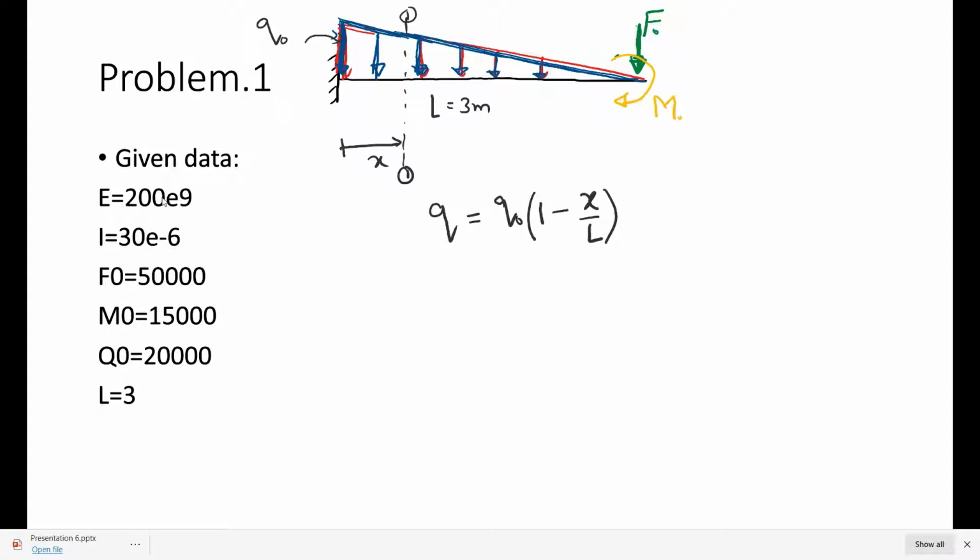all the other data are given as follows: the modulus of elasticity, the moment of inertia, and q naught, which is the maximum magnitude at the left end, and the span length. So first of all, we know that this beam is a cantilever beam, and it is